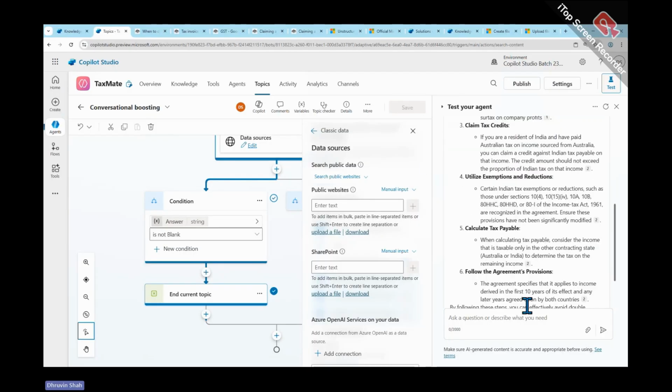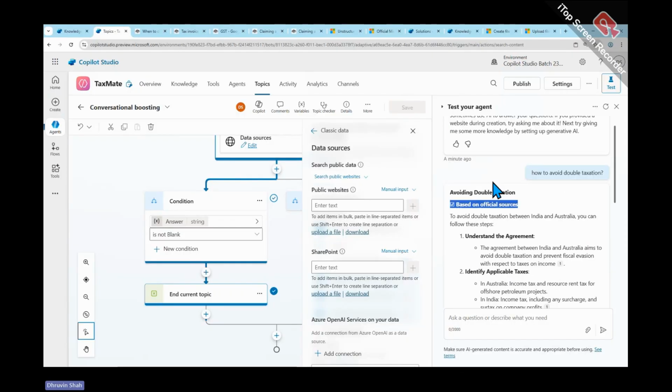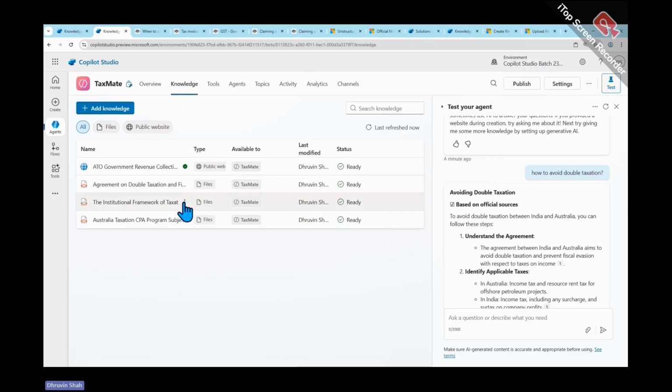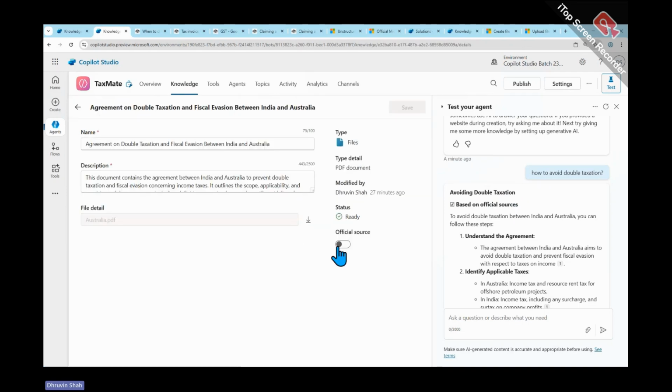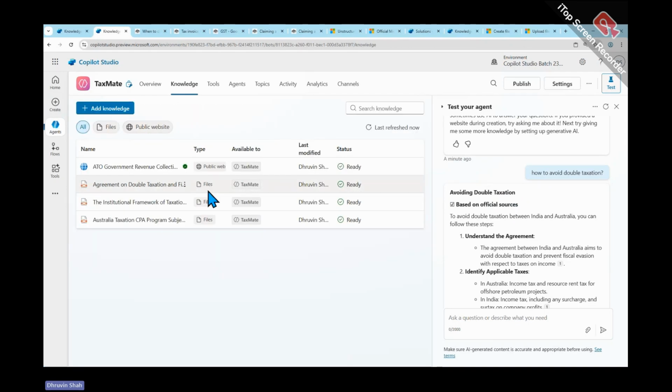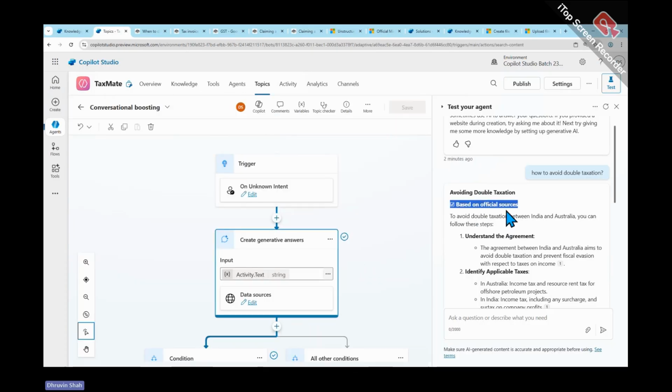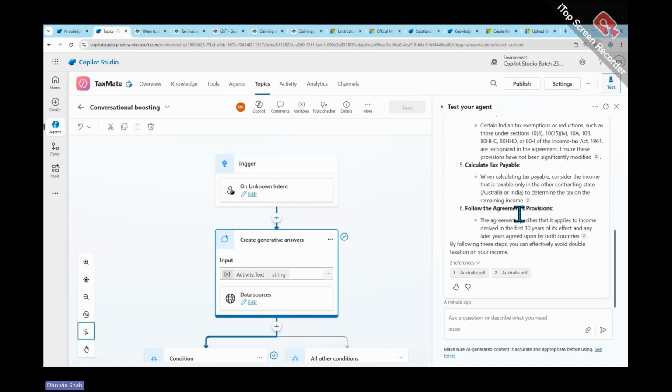Maybe I can check again after some time and see if it is still coming up with this kind of result. And maybe let me just check my knowledge source as well. I didn't make any source an official source over here, so ideally it shouldn't be showing me this statement at least. Okay, but it's showing, that's fine. But at least the result is coming. So at least those documents are getting crawled properly and you're getting the results properly at this point. Okay. So yeah, that's pretty much it